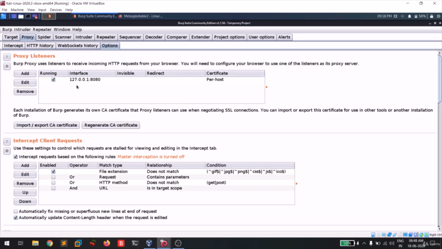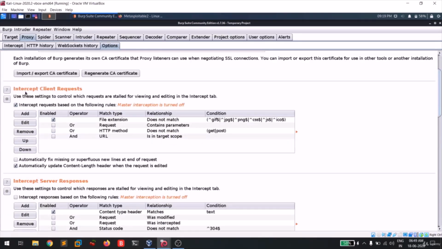We have our proxy listener at localhost port 8080, and we had already added the certificate. I think it is clear for you. And guys, here you can see the option "intercept client request" where file types don't match. This is the default, and there is an option that shows it only captures the requests